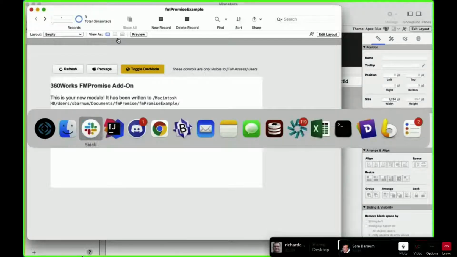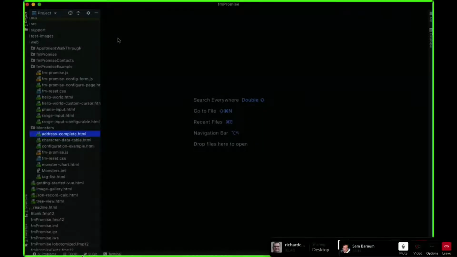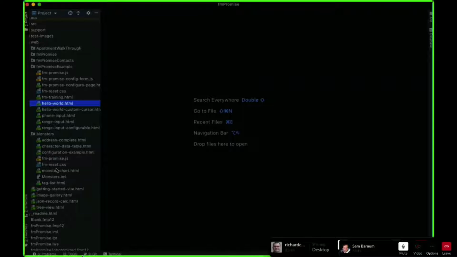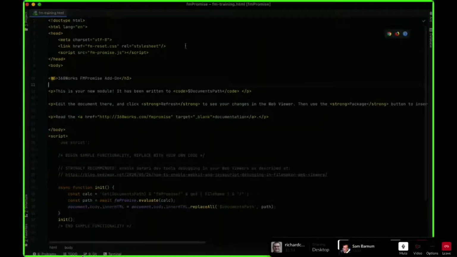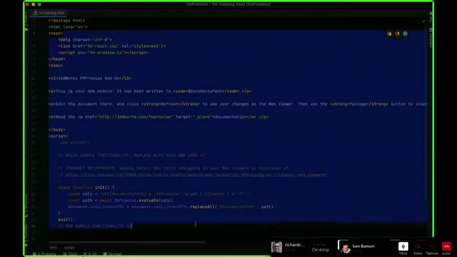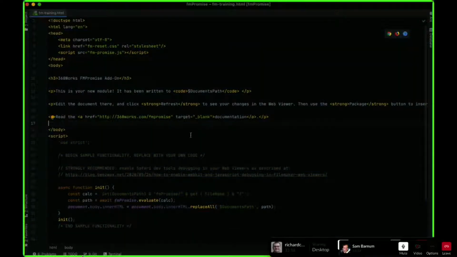I'll open it up here. FM training. All right. So this is our file that's written in our documents directory somewhere. And we can make a change.